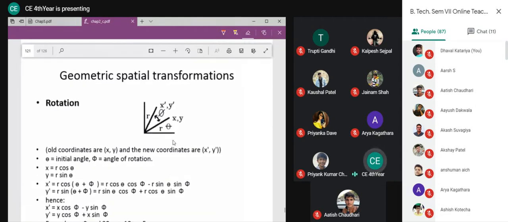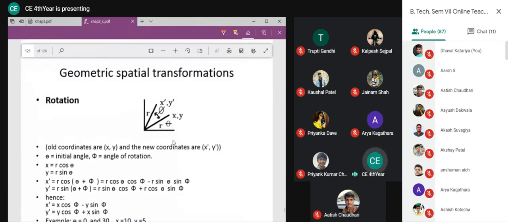Now we are going for the rotation. I want to rotate the image. You can see the shape here. Earlier this was the shape, and I want to rotate it to this kind of shape. Here you can see this is my axis of reference. Earlier this angle was theta, and now this is the new angle. Actually, it is theta plus 5. I rotated it by angle 5.